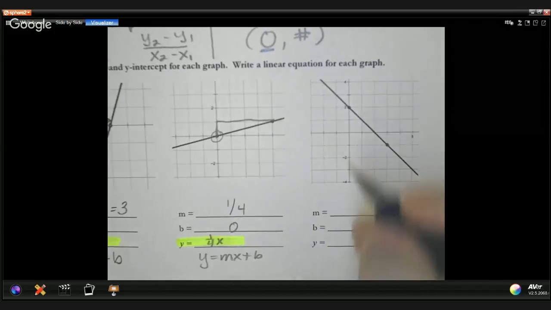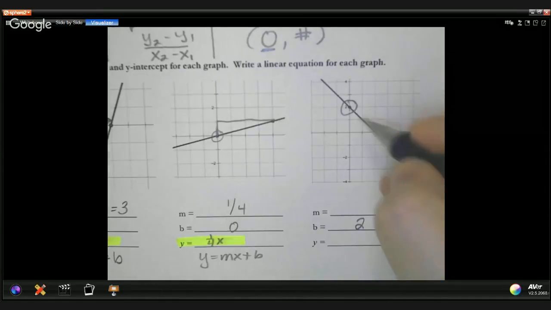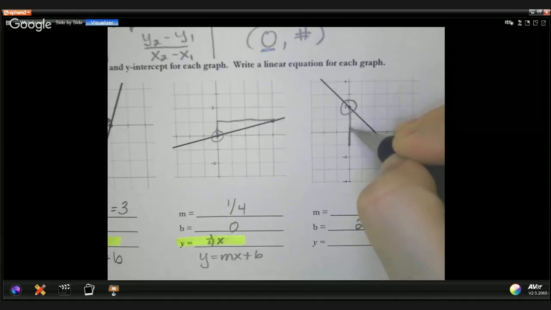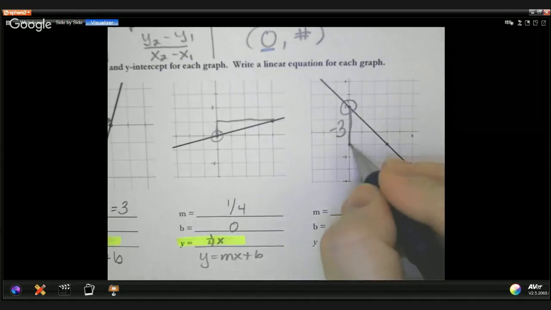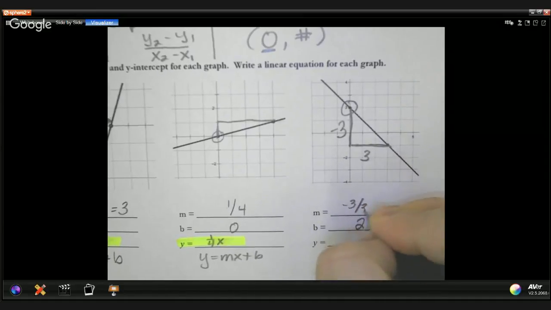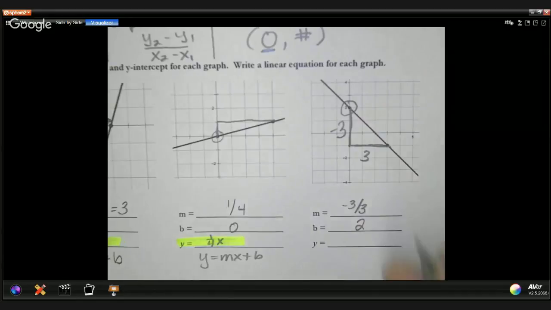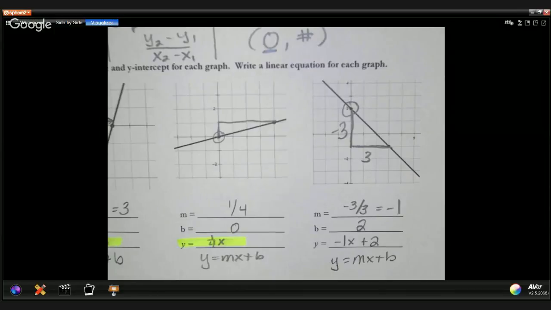For the third one, you should have seen that your y-intercept was at +2, and I had to go down 3. Since I went down 3, it's -3, and then I had to go to the right 3. So -3 over 3. Well, -3 divided by -3 is -1. So when I use my y equals mx plus b,